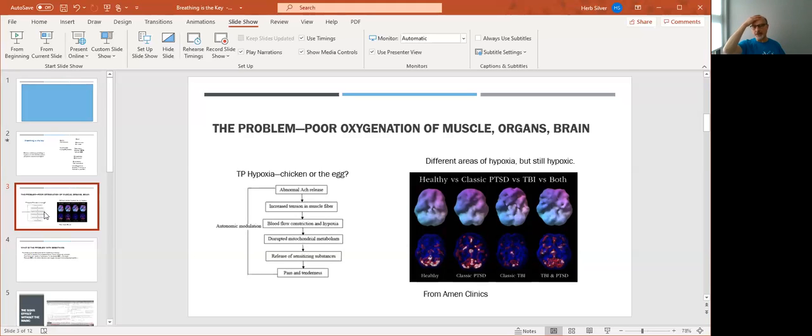And then when we look at the brain, we can measure activity in the brain, actually very specifically with how your brain is using oxygen. And we find people with all sorts of chronic conditions that they're hypoxic in various areas of the brain, whether it's anxiety, depression, traumatic brain injury, fibromyalgia. All these people have very, I don't want to say specific signatures, but to some degree, their lack of function in their brain is specific to the kind of problems they're having. But there again, oxygen isn't transferring off of the red blood cell and into the brain. And why would that be?